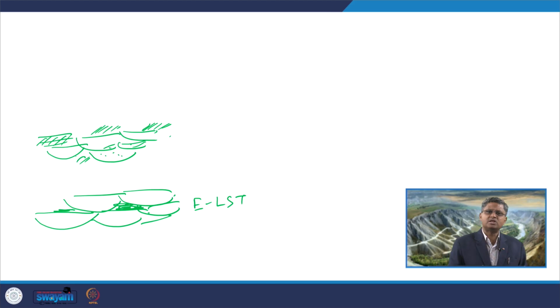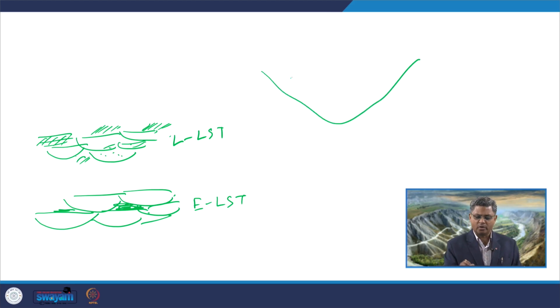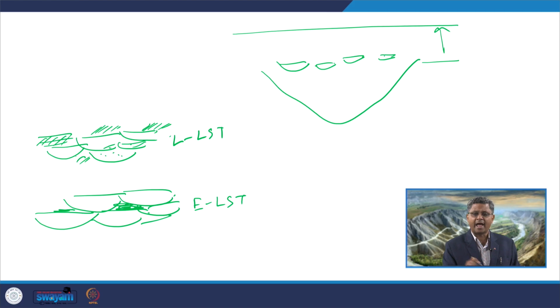Now, when we are coming to this transgressive phase, the base level is significantly high. So, maybe this was the original channel system where we are getting multiple channel fill deposits. The base level is somewhere here now. During the LST phase, the base level was somewhere here. So, due to this extra accommodation, what will we get? We will get channel fills forming, but they are not amalgamating that much because there will be frequent floods, and during these floods there will be floodplain deposits occurring in between these channel fills.